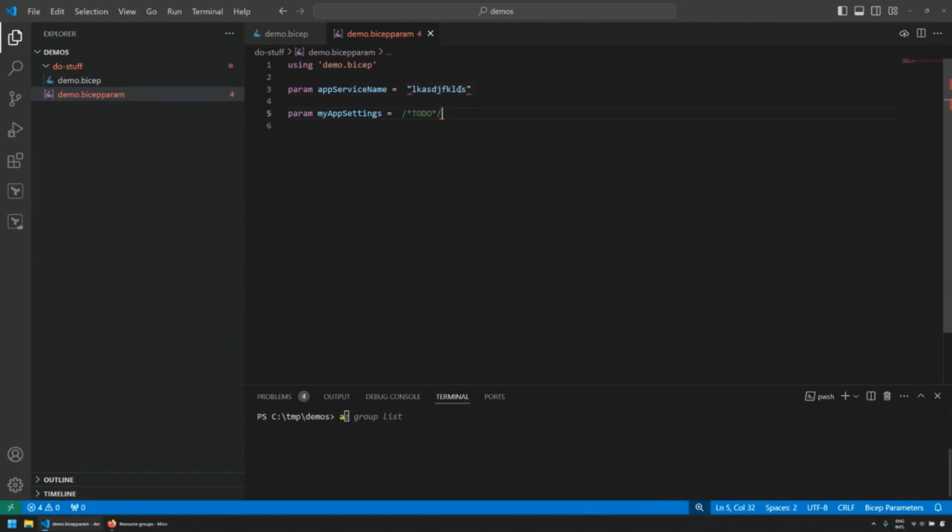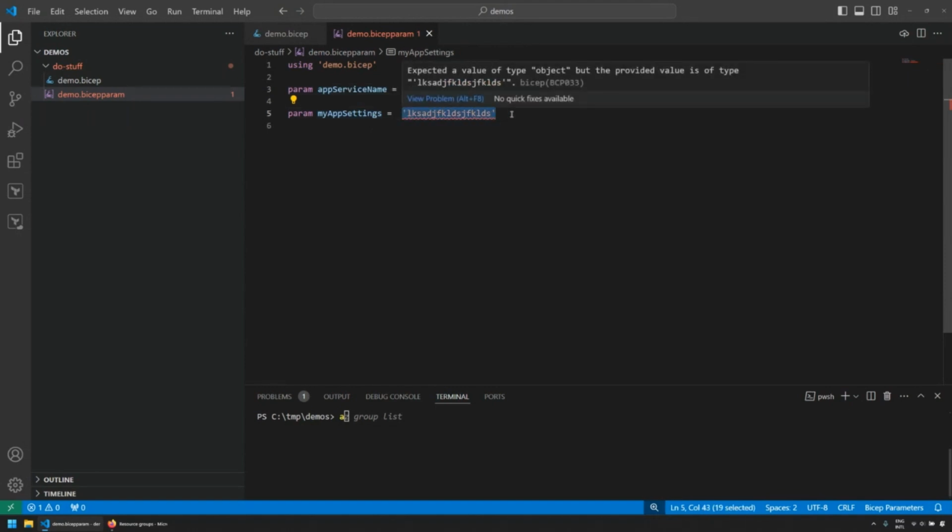So these have to be globally unique. I always mess up the quotes between all the different languages that we have. But here we have, the first one is a string, but the second one shouldn't be a string, it should be an object.